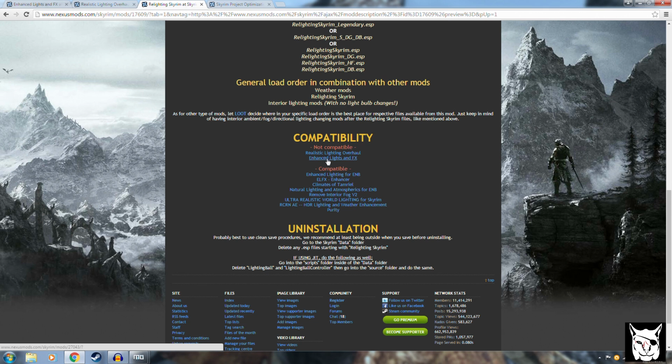the Enhanced Lighting Effects, both of which we've just downloaded. However, it is compatible with the ELFX enhancer that is in ELFX. And if I remember correctly, doesn't the ELFX enhancer just deal with the darkness? Just brings everything down. So what I'm going to do when I'm testing these is I'll probably run a vanilla